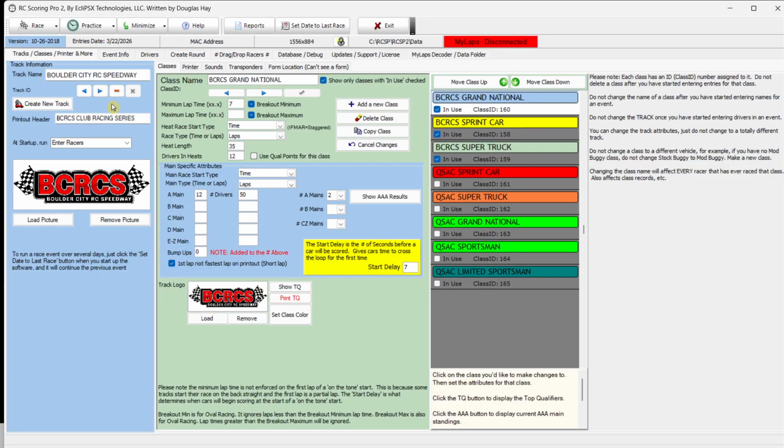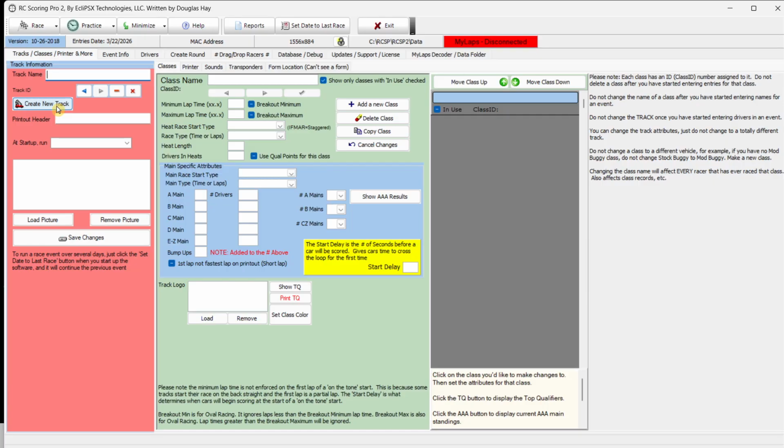Let's go ahead and just run through setting up a new track. So we'll put Silver Bowl here. Silver Bowl. And we'll go ahead and put Las Vegas Oval. Boom. At start